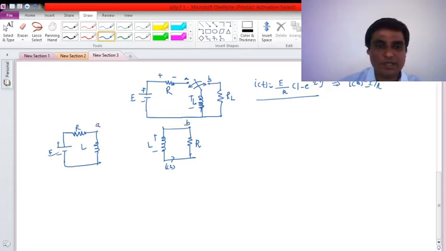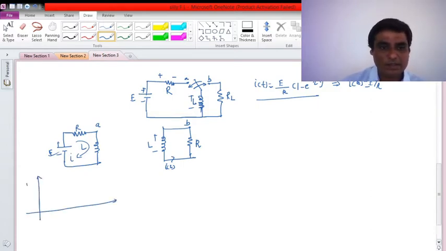When the switch is at position A, I will allow the current to flow through the inductor as I apply the battery. So how will it be? My inductor current looks like this. It will increase exponentially this way, right? And this is the final steady state current I want to achieve, E by R, right? So current increases exponentially, and now here I will not wait up to 5 time constants. Let me switch this switch suddenly to position B, let's say at this time, say this time is T1.